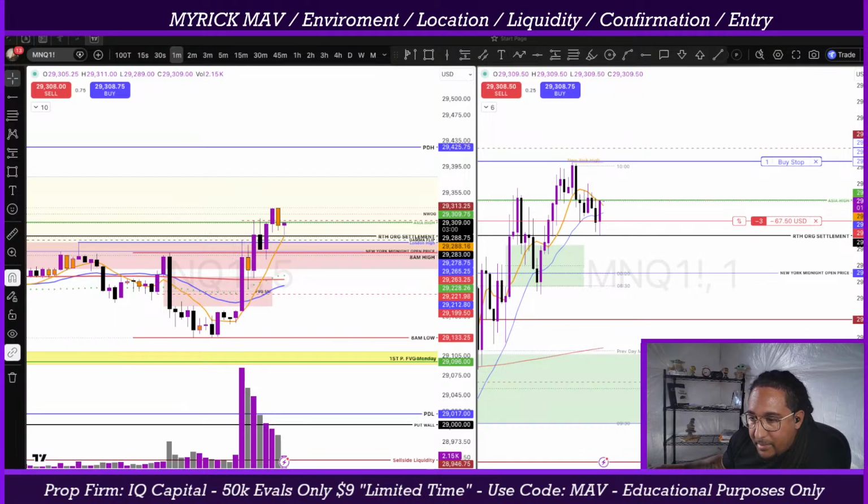I want to see it pump down. We want to see it break down to the downside. Starting to get a little bit of a pullback. If it doesn't fall,